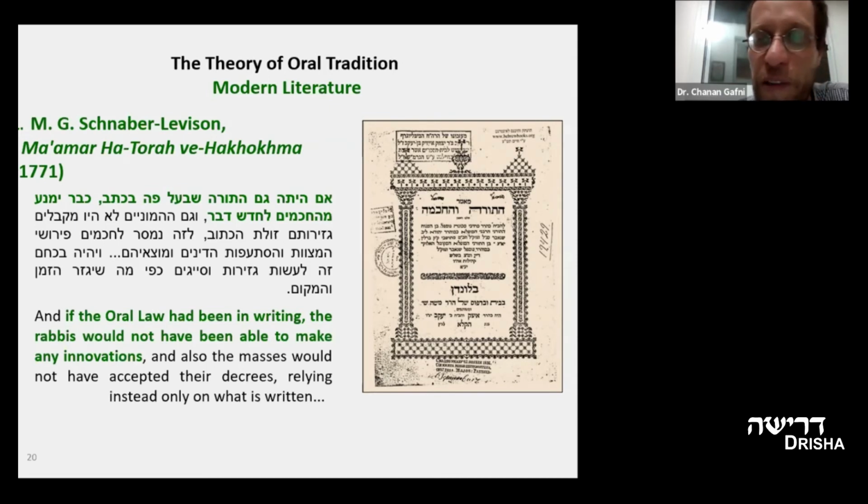Now let's read it in English to make it clear, so it doesn't sound like awkward Hebrew. He says as follows: if the oral law had been in writing, the rabbis would not have been able to make any innovations, and also the masses would not have accepted their decrees, relying instead only on what is written. I think when you read these words, what you find here is precisely the opposite of what we've seen